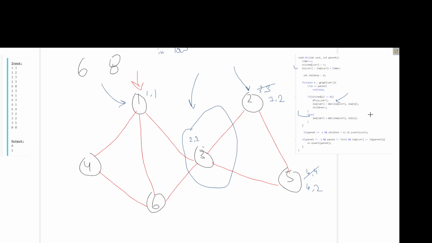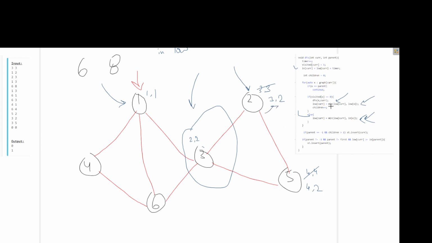So when this will find the back edge, then this will perform this operation, and after this when this is returning, then it will make low of current equal to minimum of low of current and low of x. So while returning we have done this. So low of current, minimum of low of 2, will be minimum of 3 and 2,